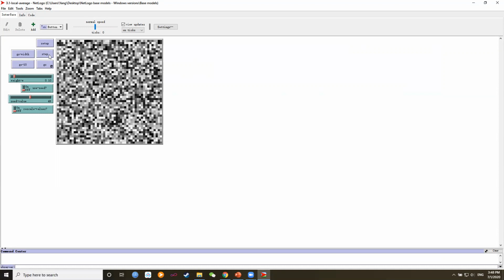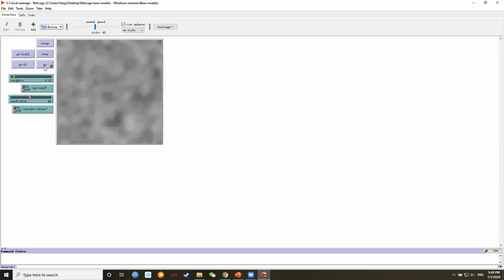Let's just do this step by step. So here ticks 0, right? If I click step, ticks 1. Okay, one local averaging has happened, but it's very unclear because it's only one step. Let's just let it go continuously. See that? Closer cells are looking much more similar to each other now. And simultaneously we can see aggregation here, right here, here, right? If we go continuously,